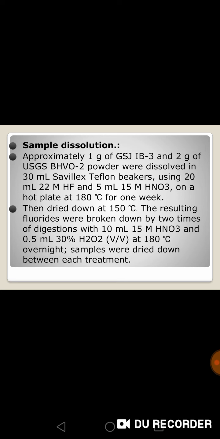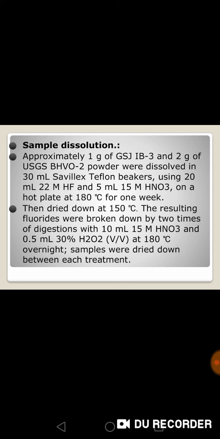So all of that was about the reagents, columns, and labwares. The next one is the sample dissolution, how the sample is going to be dissolved. So first, approximately 1 gram of GSJB3 and 2 grams of USGS BHVO2